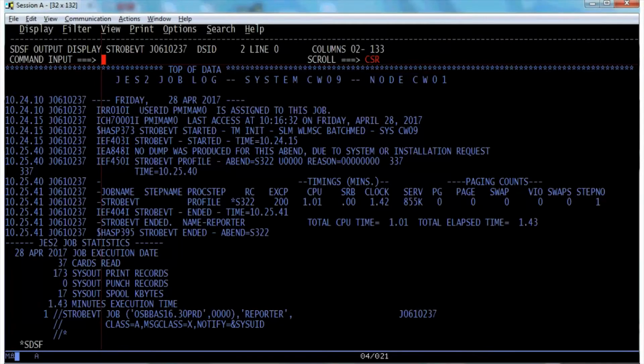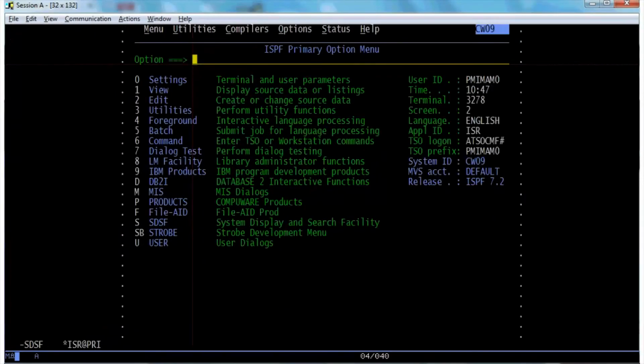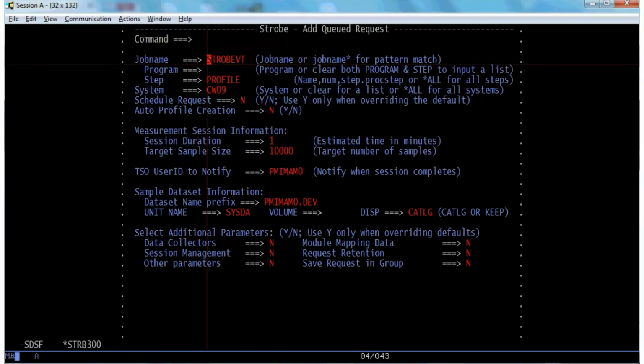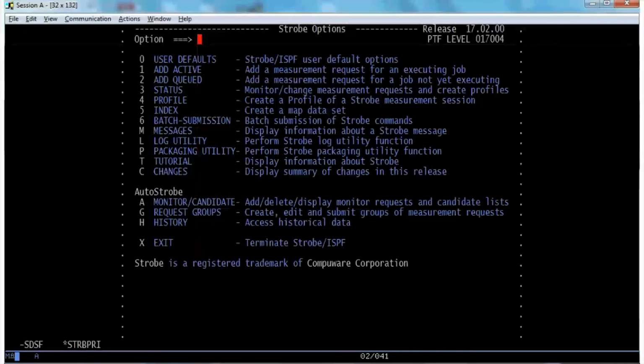So I'm going to open another screen and go to the Strobe menu. And within Strobe, you have Add Active and Add Queued. And I want to do an Add Queued to create a measurement. And this is the job name that we saw on the previous screen. And I'll just hit Enter here, and it will tell me that the queued measurement was created. And if I PF3 and go to the Strobe status screen,